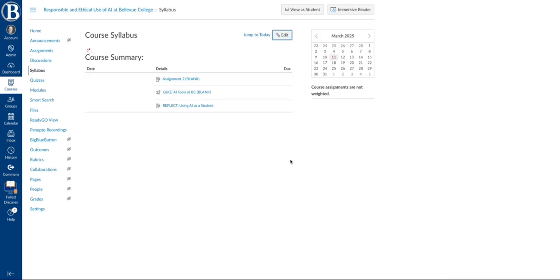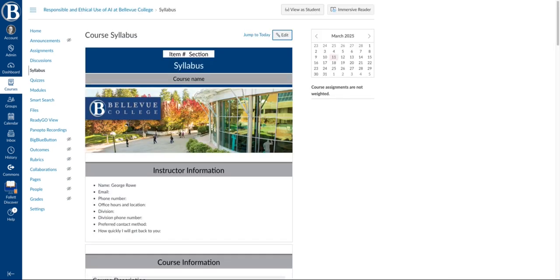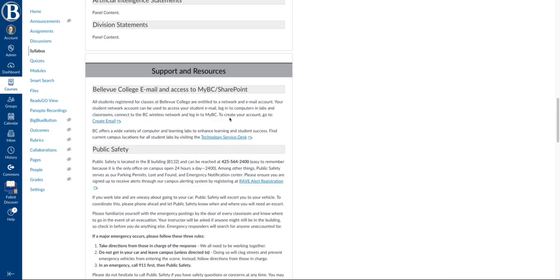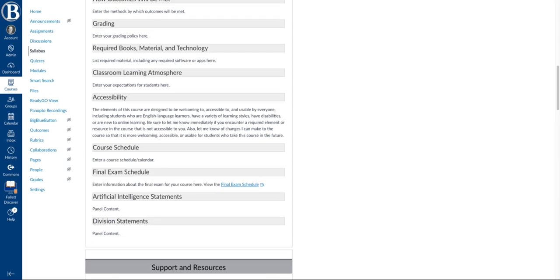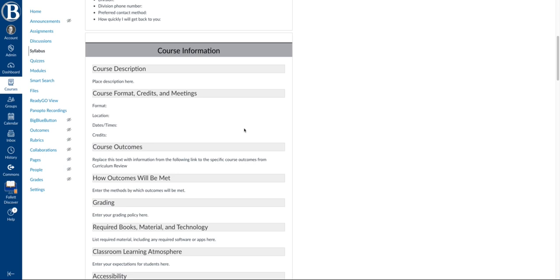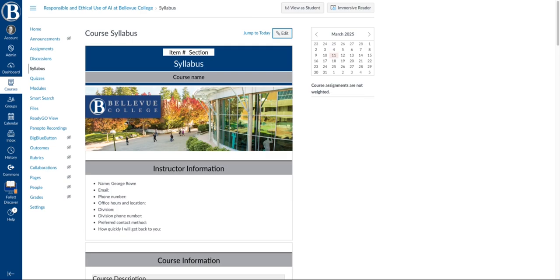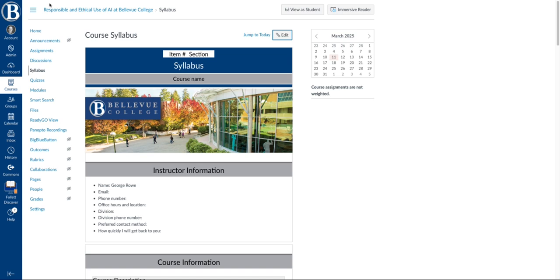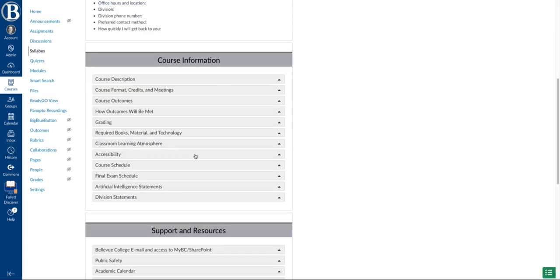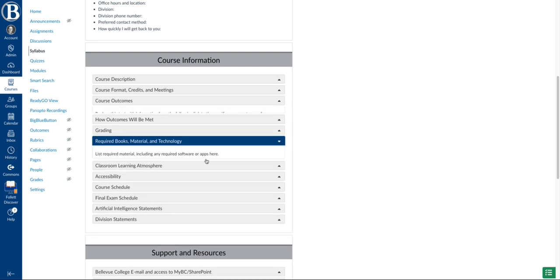Let's see what it looks like on the page. All right, it looks pretty good. And here's another little nuance. All these headings, this is actually meant to be accordions. A lot of times when you load something onto a page and then you save and come out of that page, the page doesn't quite load properly and some of the interactivity may not work. Simple solution, just refresh the page. And now you can see that these accordions are working, and this is where you're going to put your course